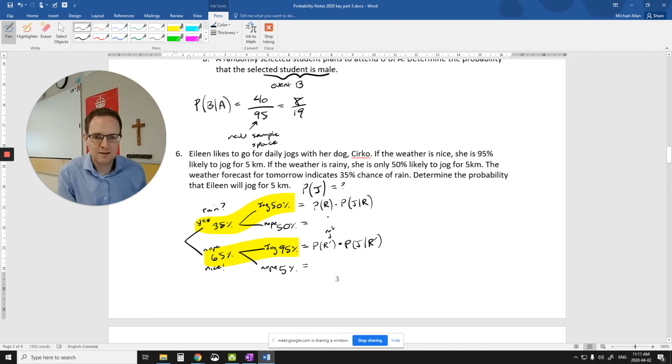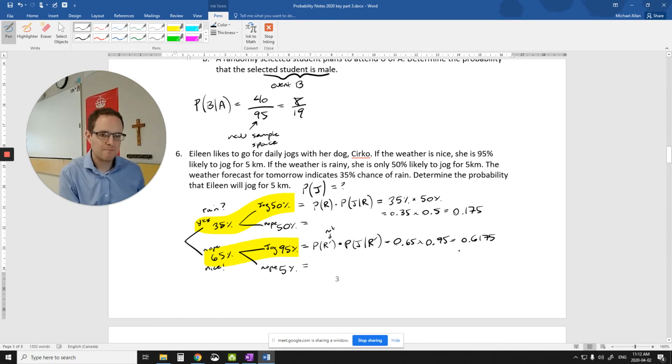It stands for not. It's just a simple little symbol there for notation. I'm going to just multiply these together. So I have 35% times 50%. Now you're going to put these into decimals, like 0.35 times 0.5, and we're going to get 0.175 for that one. And then the same thing on this one, we're going to do 0.65 times 0.95, and I'm going to get